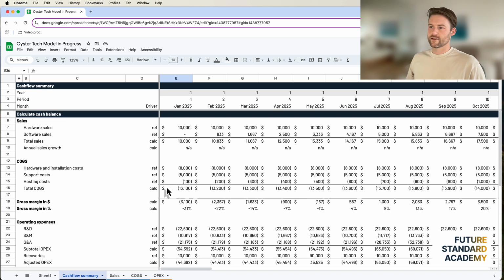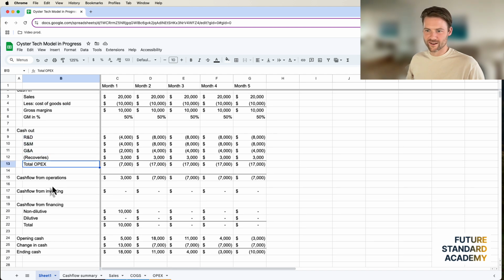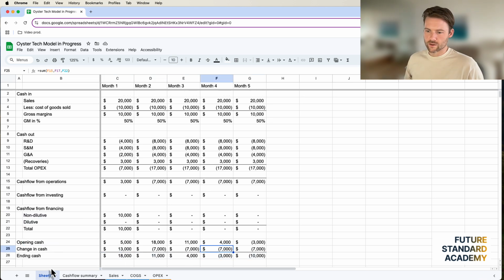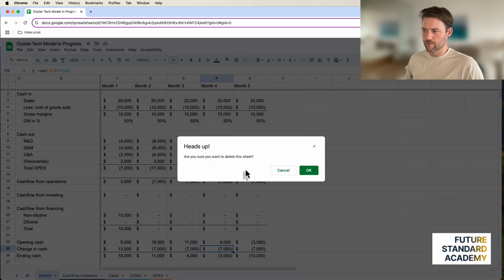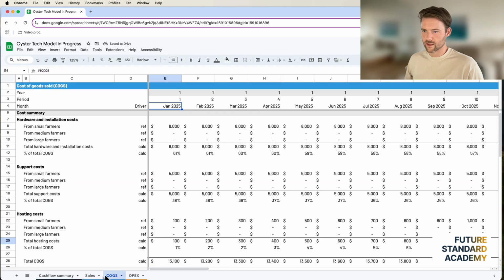So that's that. You've seen it. You've seen it happen, come to life. We started here back in the good old days of very simple calculations, sales, cost of sales, gross margins, operating expenses, different categories of cash flow, and then ultimately your ending cash balance. So this is where I would now put a dashboard. I'm not going to do it here, but got all these tabs set up.